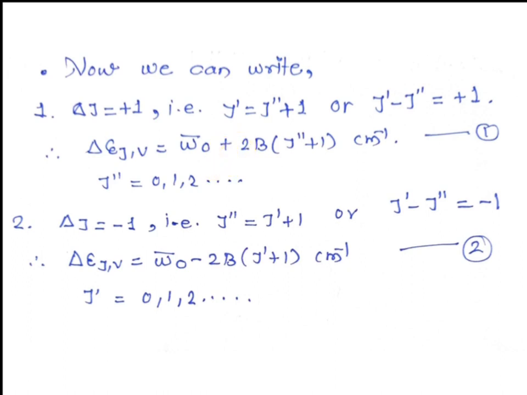So from the center point to the right side the frequency is going to increase and it will show the R branches. And see here, the omega bar 0 value is given. When you subtract this term from omega bar 0, you will observe that the value of the frequency will be shifted to the left side of omega bar 0. So simply, the frequency of the P branches is less than the frequency observed at the center point, that is omega bar 0.